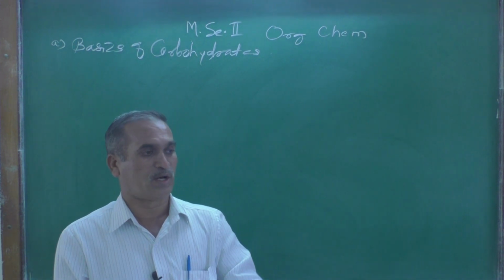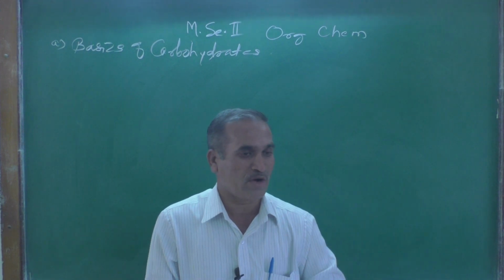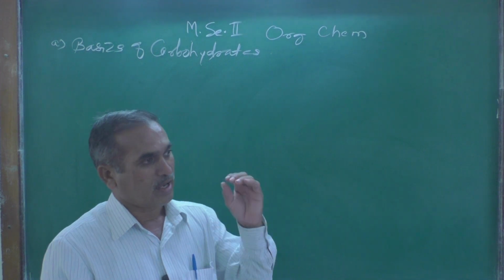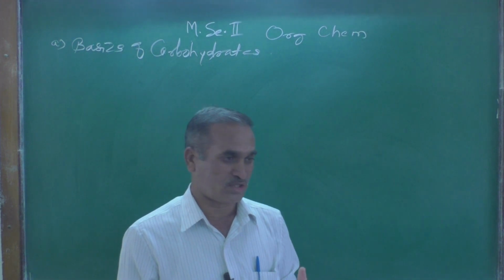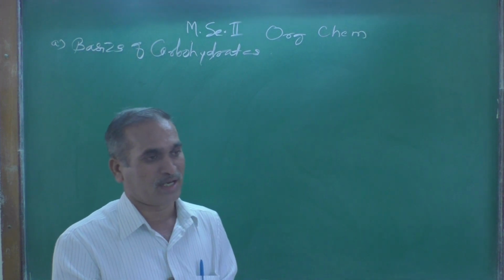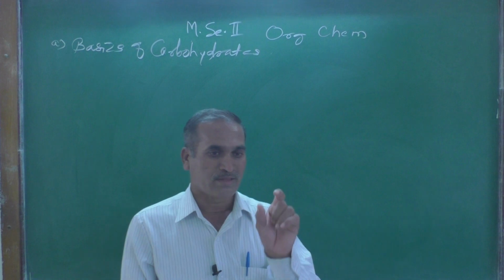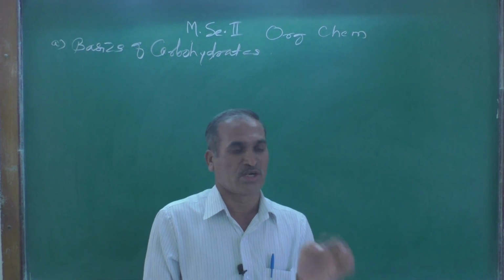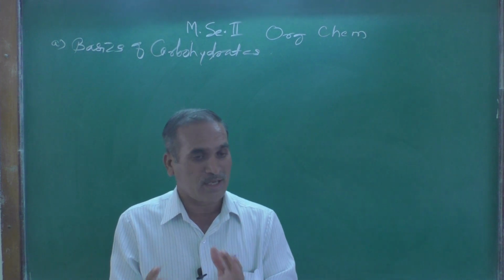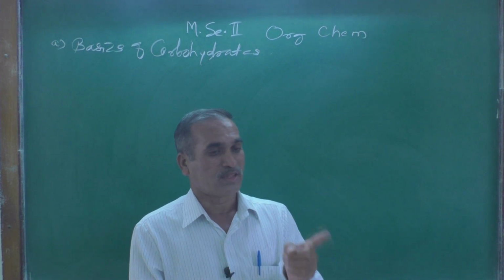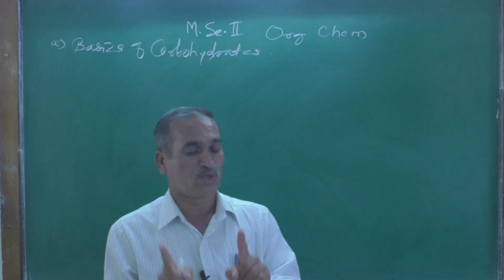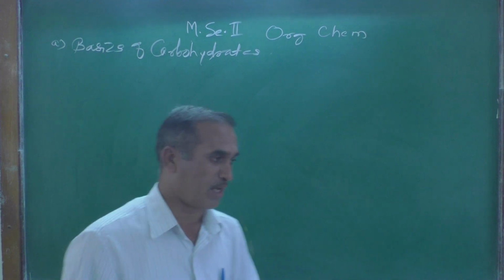So first of all, write the carbohydrates according to the Fischer projection formula and observe that structure carefully. If the hydroxy group is present on the right hand side, that configuration is termed as D configuration. And capital L means what? When the hydroxy group is on the left hand side, that is known as L configuration.